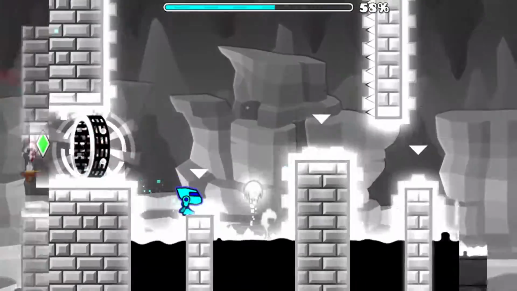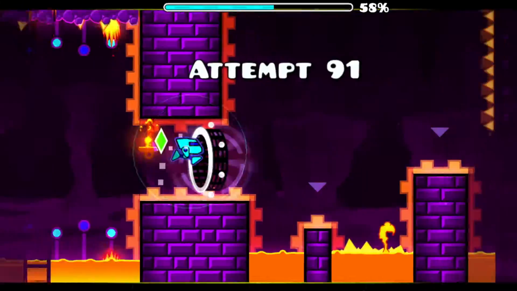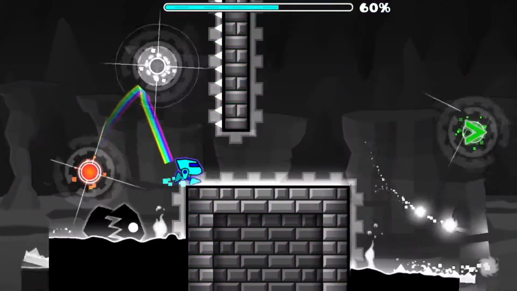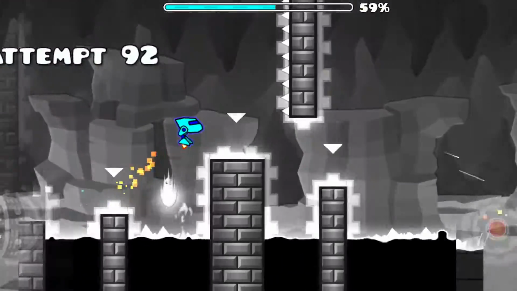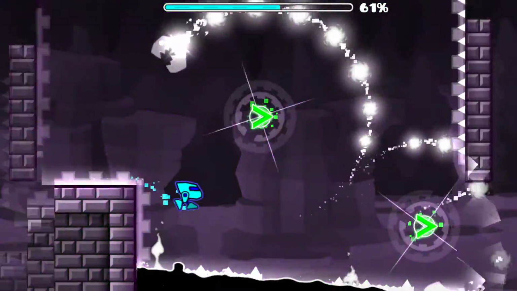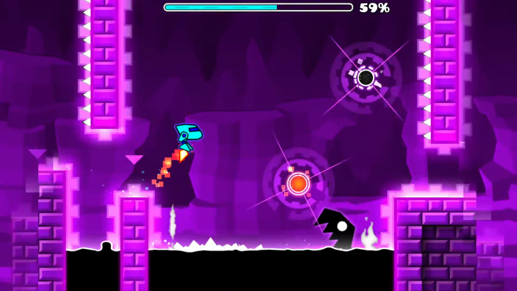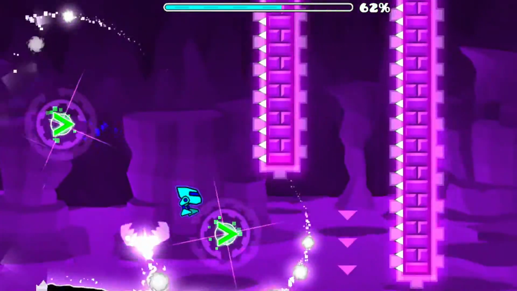And look at all those fireballs too. That's just ridiculously sick. Now we're in a robot here. And those red jump orbs, they literally just boost you sky high, way higher than yellow jump orbs. And the black orbs obviously whip you down. So now let's continue. So we need dash here a little, dash there.